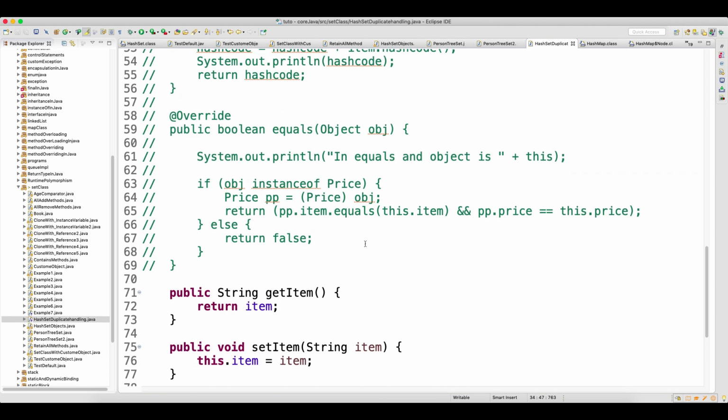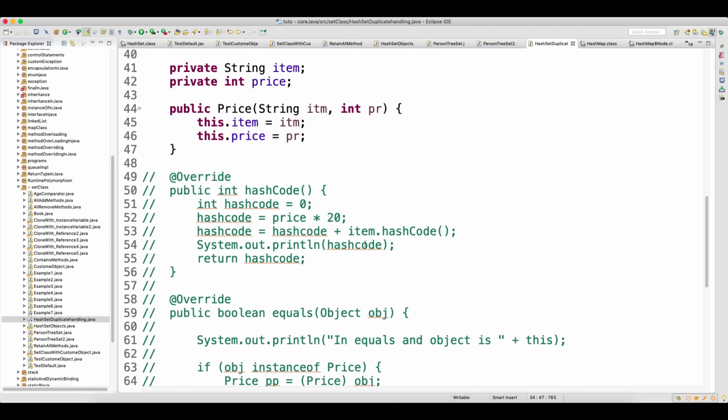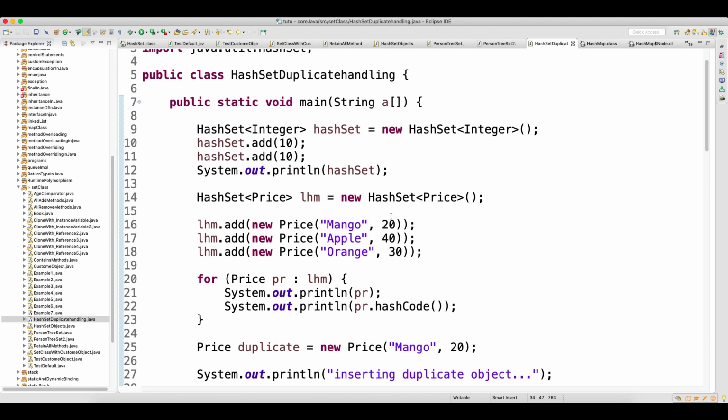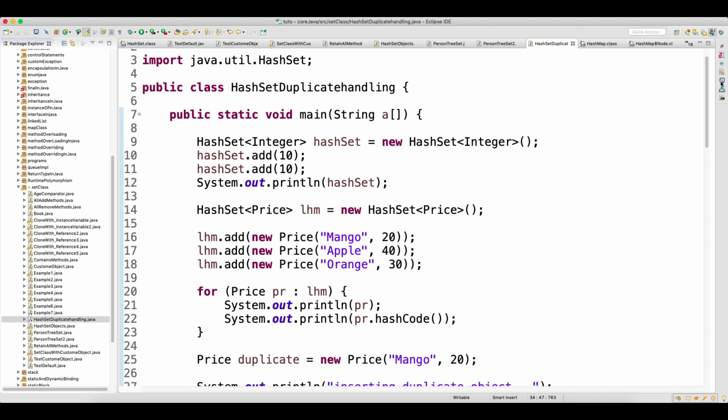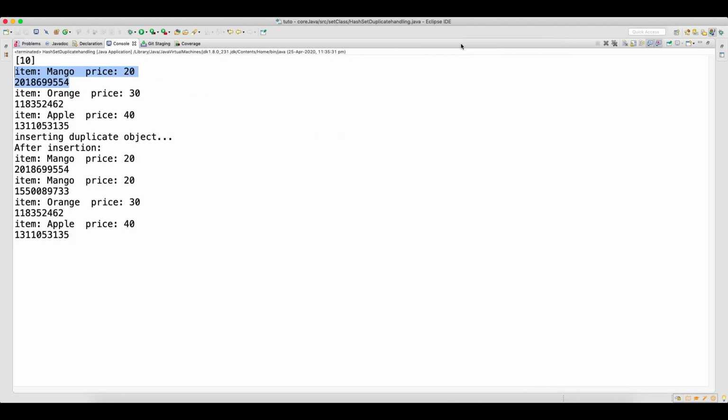Now let me do one thing. This is commented. Yeah, this is commented. Now look here. When the data insertion happens, it will not look for only the hash code, by the way, which I have already covered when I was talking about the hashing concept. So when mango came the first time, this is your hash code, right? Then this data got inserted. Okay, then again what happened, when the second time,